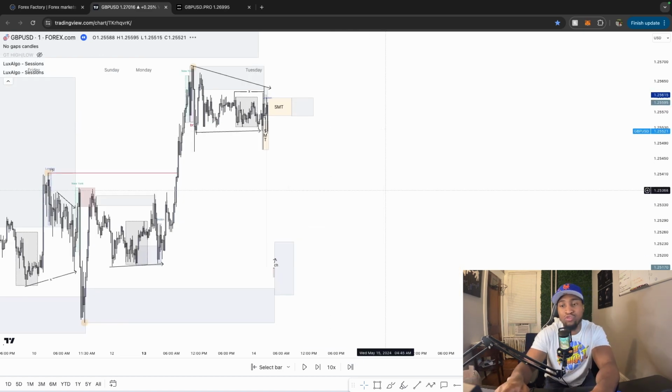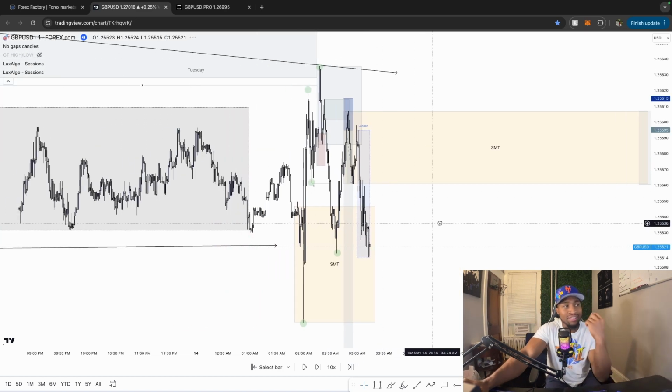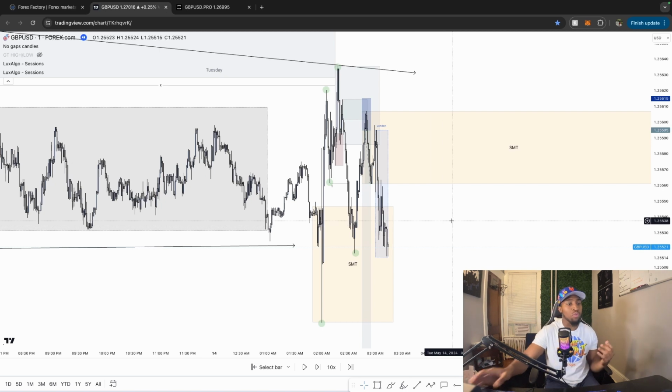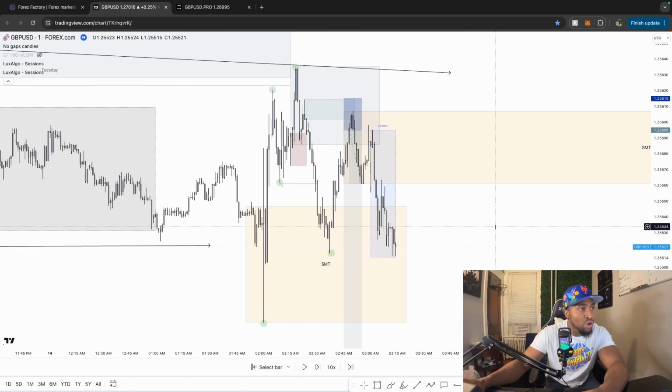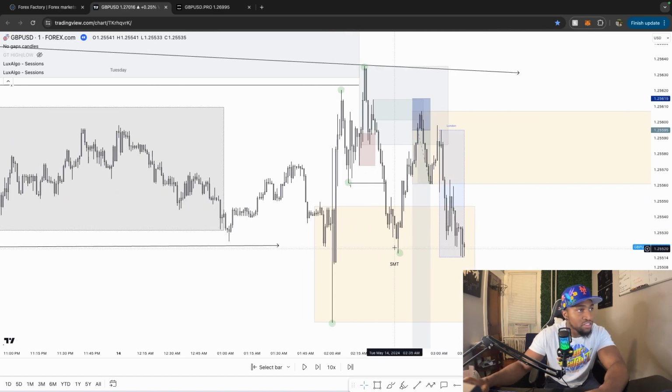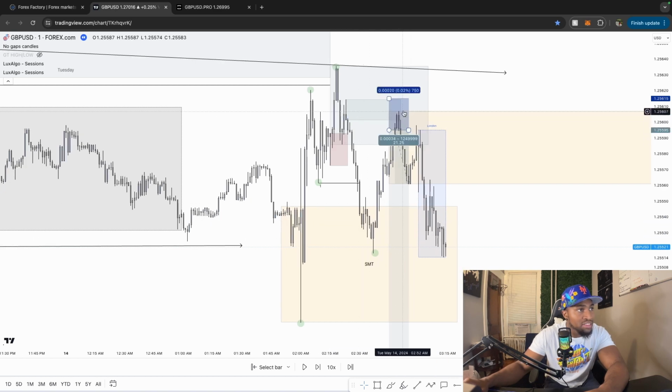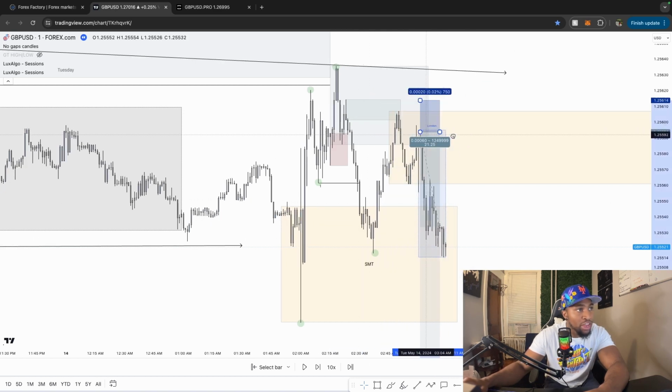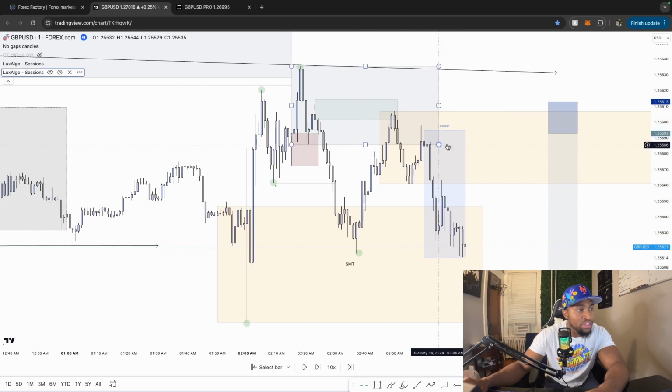But we should be leaning towards the supply winning, in hindsight of course, because of where we are within price. We're in the extreme of the range, or the premium of the range, I should say. And there's liquidity targets to the downside. So when price breaks M1 here, makes this lower low, pulls back into the supply, you don't have to pull that right away. One thing you could do if you're unsure, instead of just limiting this, is